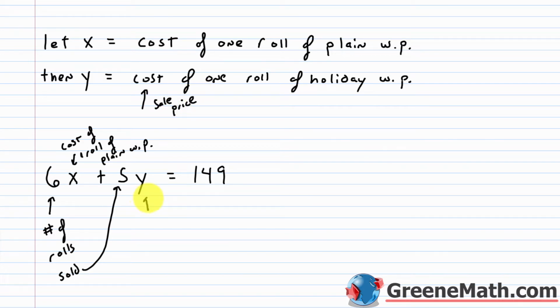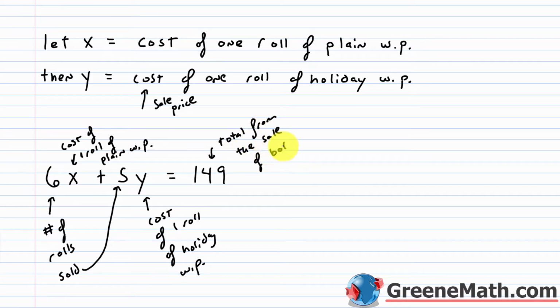Then for y, it's the cost of one roll of holiday wrapping paper. So again, 149 is the total money she brings in. So I can put the total from the sale